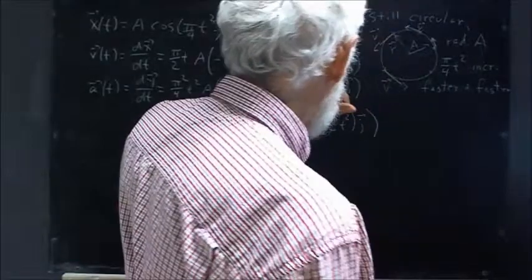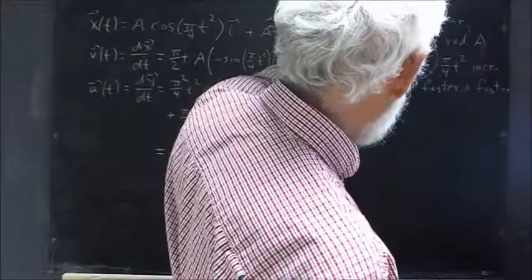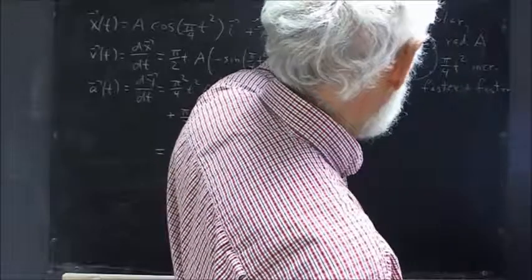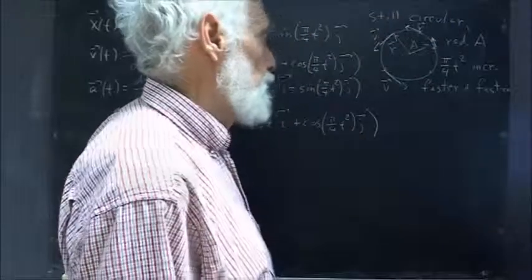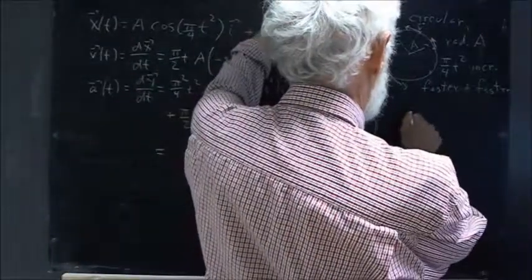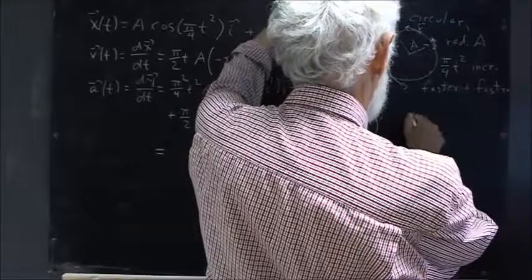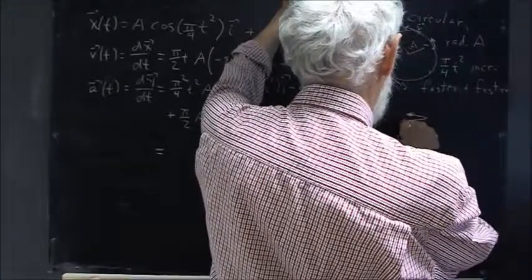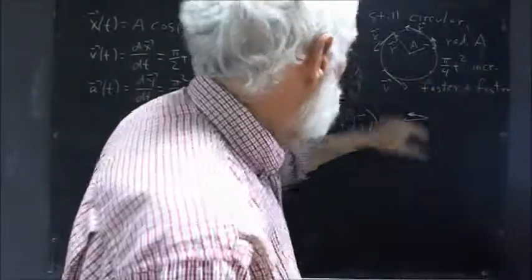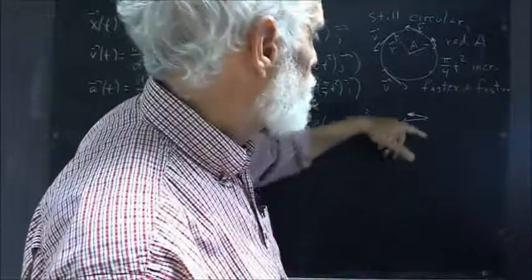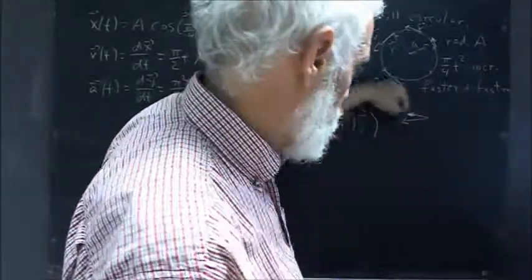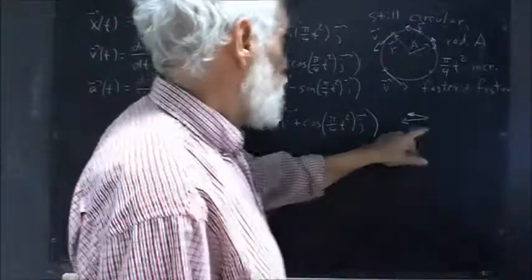Let's go back up here. We can see that between one instant and a later instant the velocity vector is going to turn toward the center, so we're going to have a centripetal acceleration here. So, if we take one vector and then another vector a short increment later, that second vector is going to be turned, it's going to be tangent to the circle, so it's going to be at an angle that's rotated in the counterclockwise direction from the angle of the first. It's also going to be longer because, as we see, this thing's speeding up,